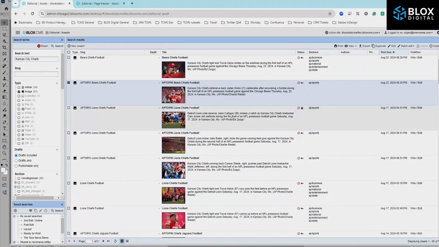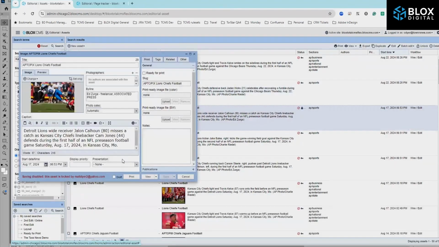And I take a look at the image that I have opened up in Photoshop. You'll notice here that the little locked symbol will light up here in the CMS. And if I open up the asset, it'll indicate that indeed it is locked by me back in Photoshop. So similar to the behavior that we're used to working out of Adobe InDesign or Adobe InCopy for those users out there. Once the asset has been placed or checked out to the user, it's going to be locked here